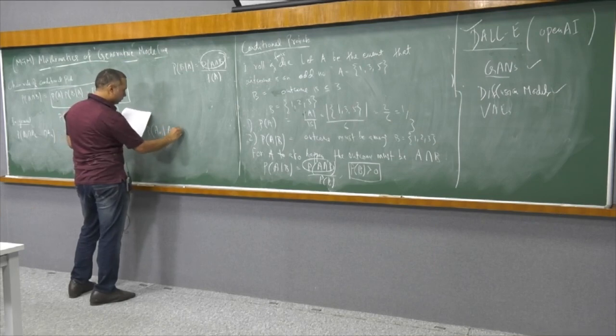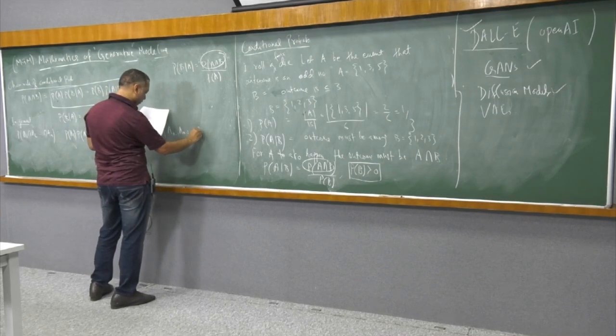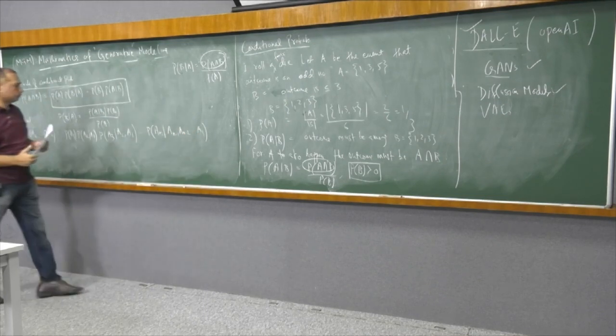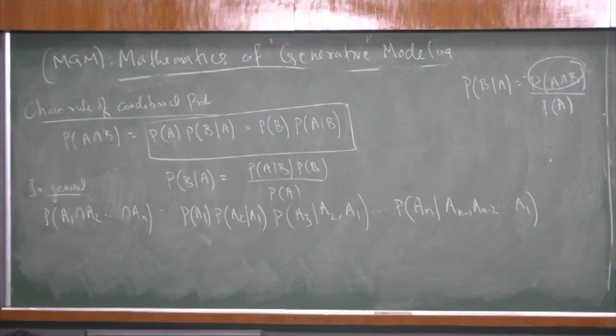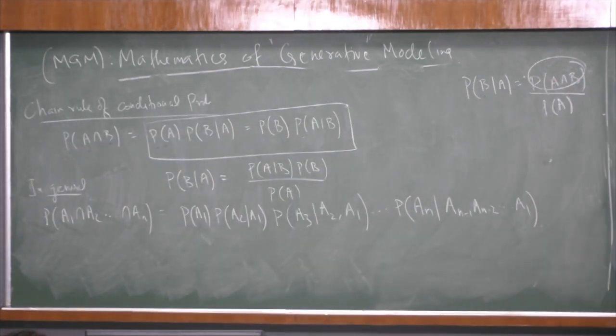One could essentially prove this, but just keep in mind that something like this exists. We won't be able to prove everything. We are just doing a review, but it's not required. We just know that there is something called the chain rule of conditional probability, and that can be used at a later stage. Then there is a concept of independence. So let me define that.